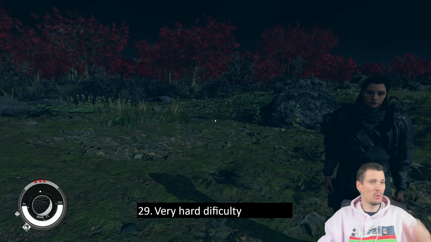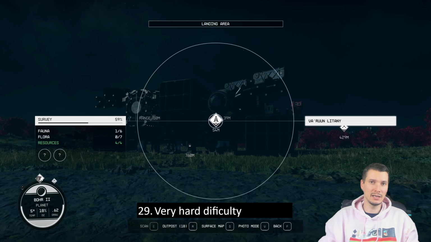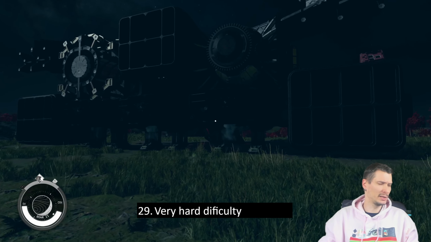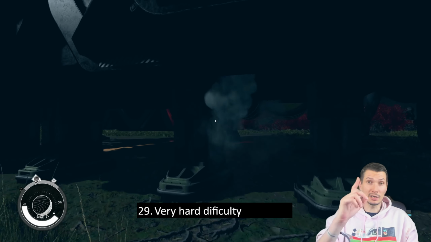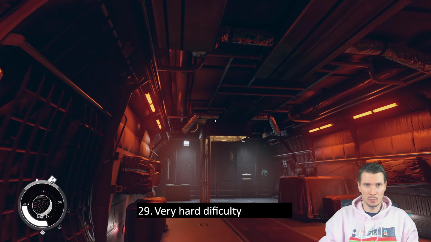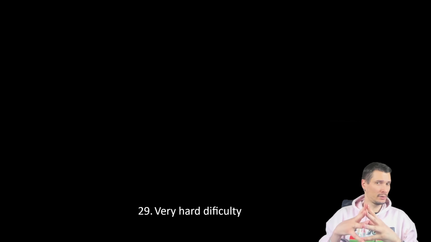Give me a second. We'll go in one go. Very hard difficulty. This is something I definitely failed myself. Let me get in the ship. I don't want to be eaten, but this is regarding options. Simple as that. I'm gonna show you so you are aware what we are talking about. There are difficulty settings in the game, under gameplay, and the thing is, if you read carefully, all difficulty levels,